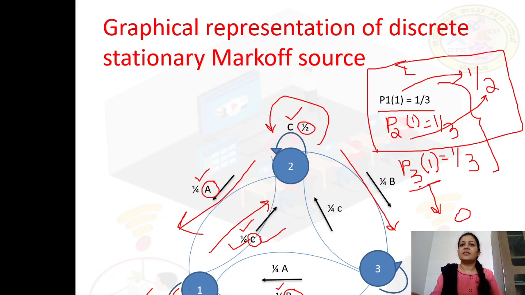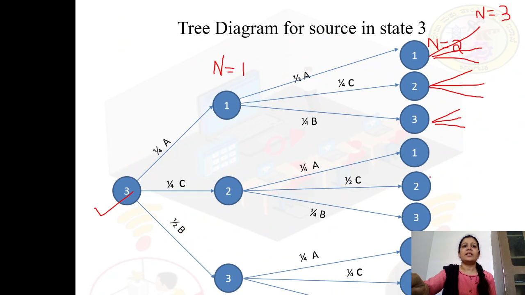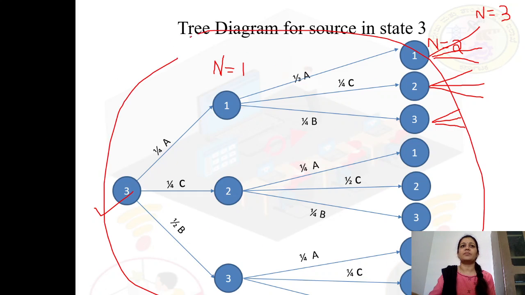So if P3 of 1 is equal to 0, it says that the probability that your source is in state 3 during the first symbol interval is equal to 0, which is very clear: during the first symbol interval your source will not be in state 3. Okay. So if there are no chances that your source is in state 3 during the first symbol interval, then easily you can skip this slide. Okay, you can easily skip this part, because the probability that the very first state is 3 is equal to